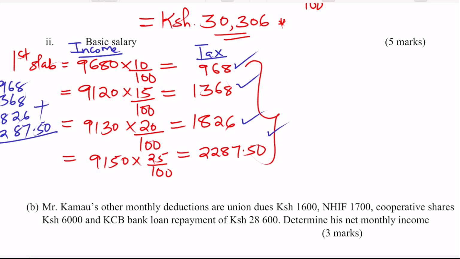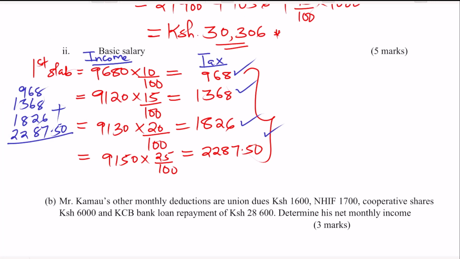So we are adding everything. So let's see what is remaining. I'm adding everything here, as you can see. We want to see what is going to remain. So when you add 968 plus 1368 plus 1826 plus 2287, you'll get 6449 and 50 cents. So that is the tax that we have been able to obtain, but we need to